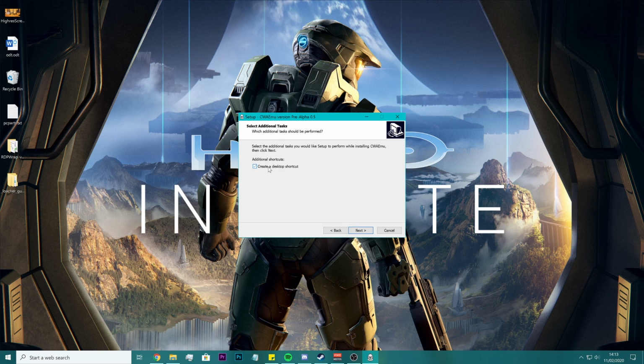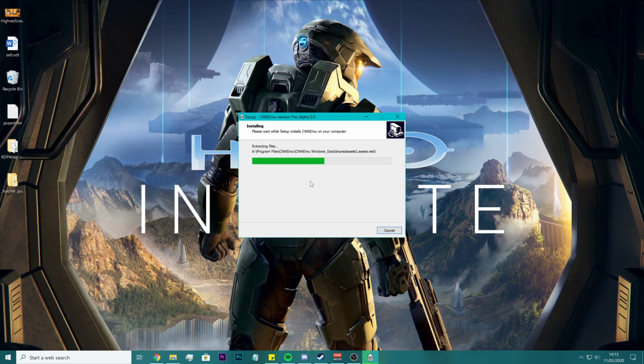If you want to create a desktop shortcut, create a desktop shortcut. It's just an easy way to access it. I'm going to do that, and I'm going to click next. Then I'm going to click install. And it's extracting the files, installing. It won't take that long because it's only a gig's worth of files. It's a pre-alpha, so that's the latest version that we've got. So just keep going as you see fit, and it'll keep moving as quick as it possibly can,